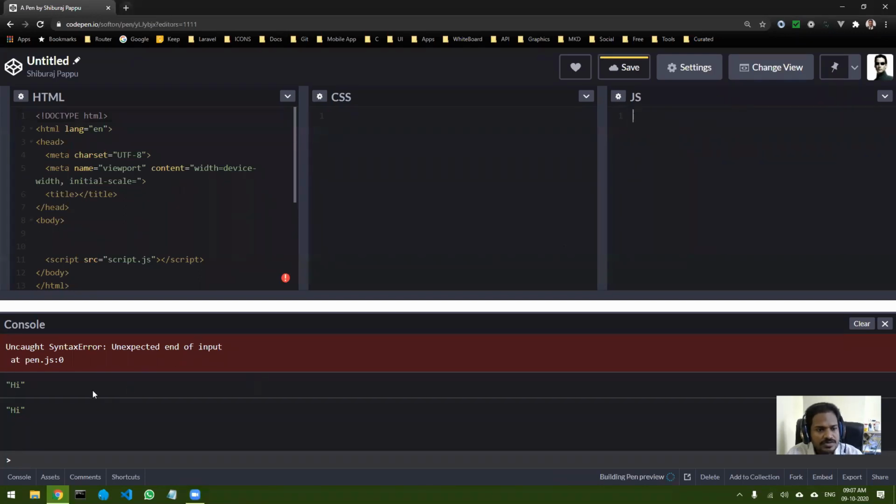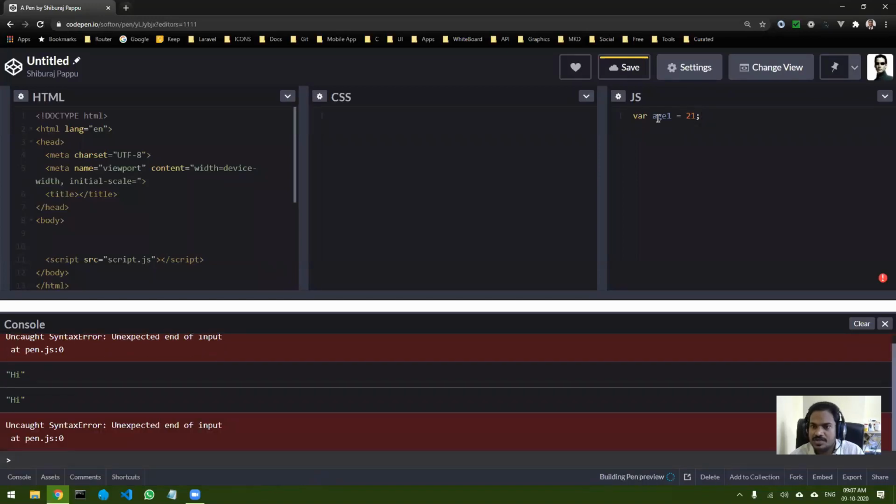Okay. So let's move ahead. The next thing that we're going to see is called arrays. Now let's suppose I want to store, let's say, ages. So I can do var age1 equal to 21.